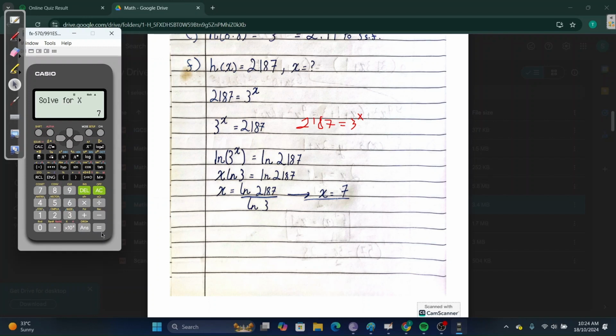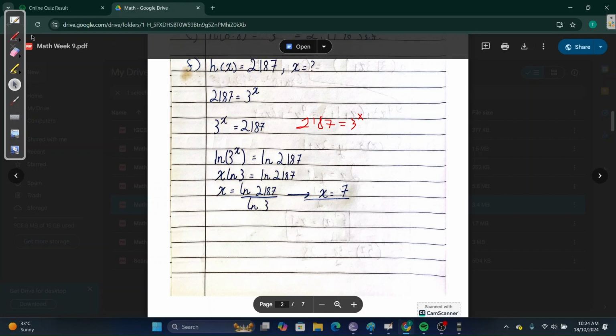Now shift calc equals, and you'll get x equals 7, which is our final answer. But some calculators don't have an equation solver, so you're going to need to do this by hand, which is really annoying. Whatever. So to do this by hand, you're going to need to know something called the natural log,